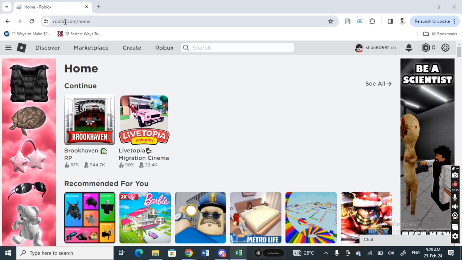So firstly go to roblox.com, so open up your website. Once on your website here, now log into your account. If you have an account, just hit on the login button and plug in your credentials. So once you're here on the home page here,